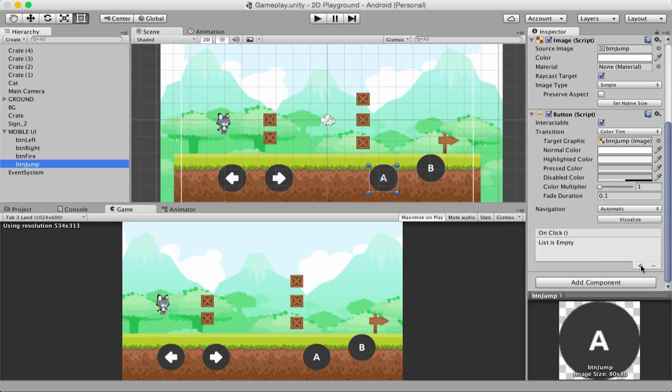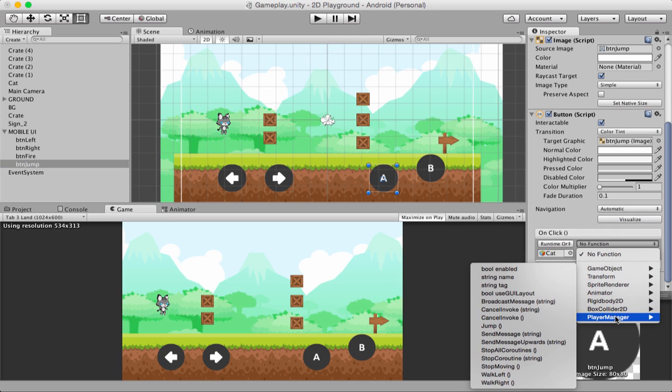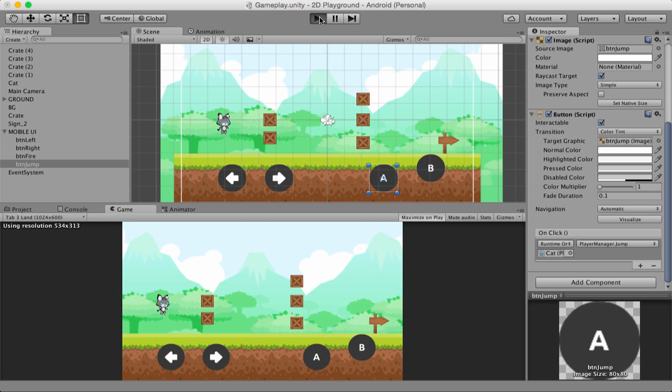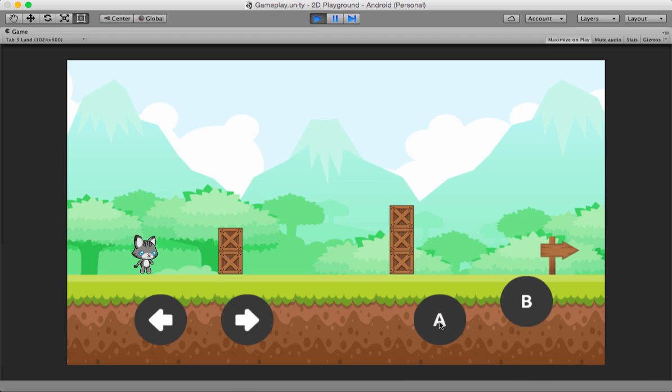You can go back to the jump button here. And this time you need to press this button. We don't need to continuously cause the player to jump. And we need to select jump like so and hit the play button. Let's press the A button. And yes, the cat is jumping now. Although the cat is continuously jumping like so, and it can go above the boundary,